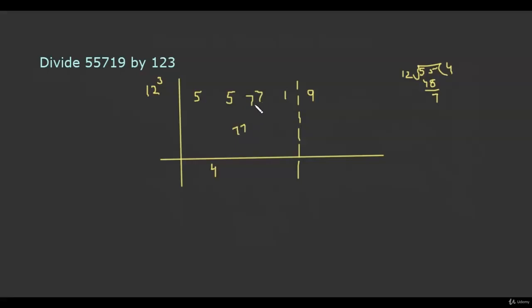From here we have to get the net dividend number by subtracting the product of the flag digit number and the previous quotient number. So 3 multiplied by 4 gives us 12, and this gives us 65. So net dividend number is 65. 12 divides 65 five times and 5 is the remainder. Now the next dividend number becomes 51.